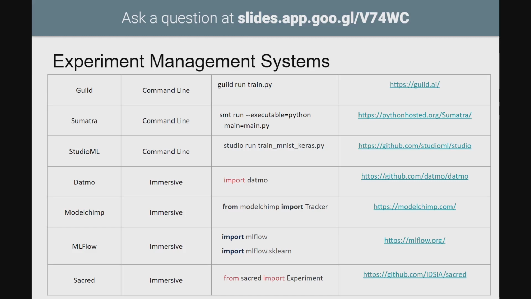If you do immersive, then you are asked to import an API that these guys have created, like Sacred, and then you can do it. You have a little more flexibility with things like experiment.send, and you're sending these things, or experiment.record, and it'll record whatever variables you want to record or variables you want to monitor. There are lots of advantages and disadvantages of either, and I guess it is based on personal preference of what you like. Would you like to remember these different command line options, or would you like to learn a whole new API? And that's up to you.